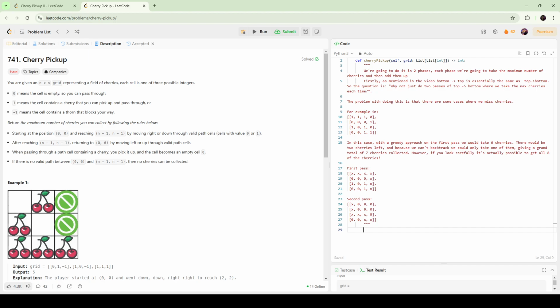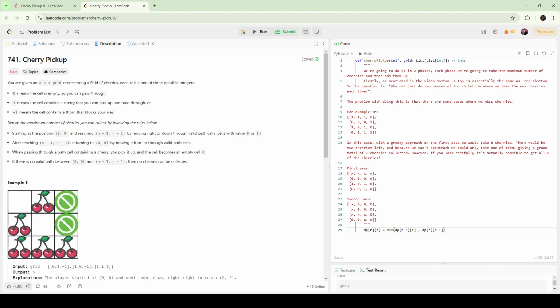So let's say dp[r][c] is going to be the maximum of dp[r-1][c] or dp[r][c-1], and then